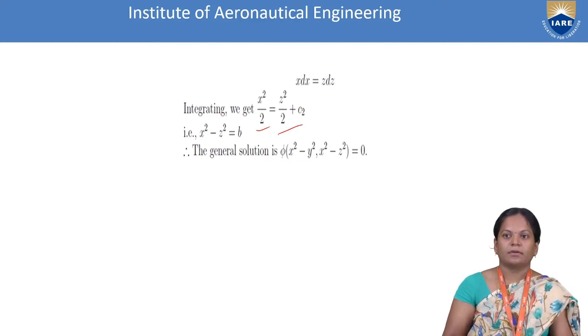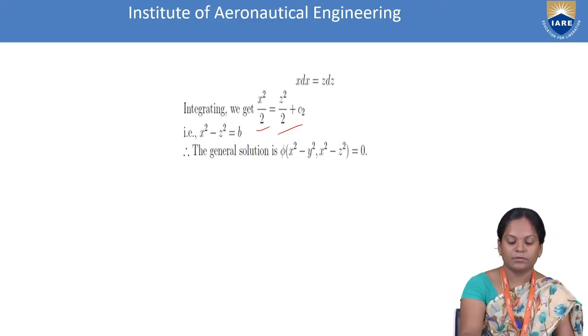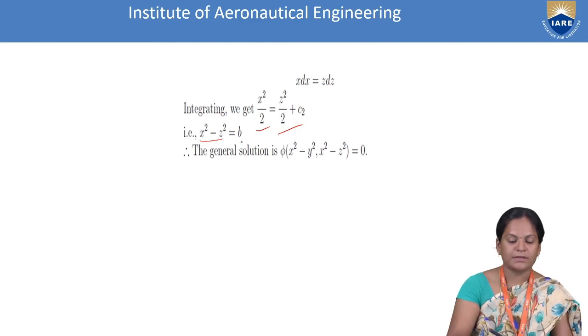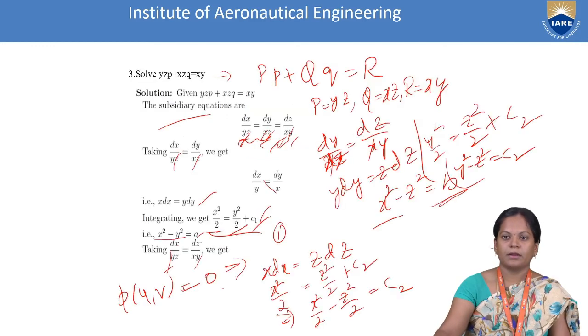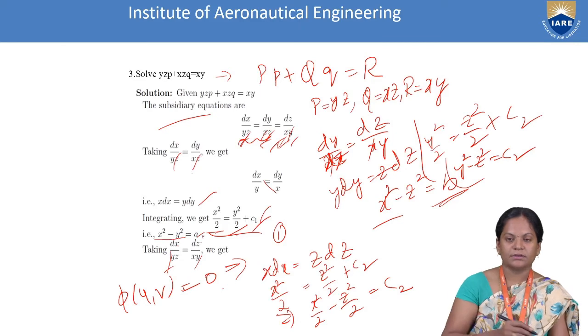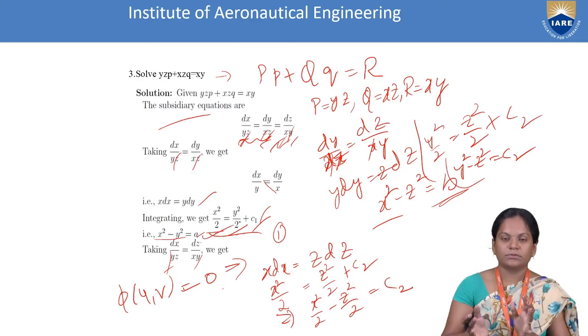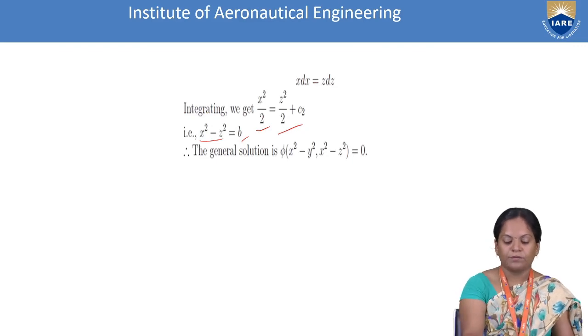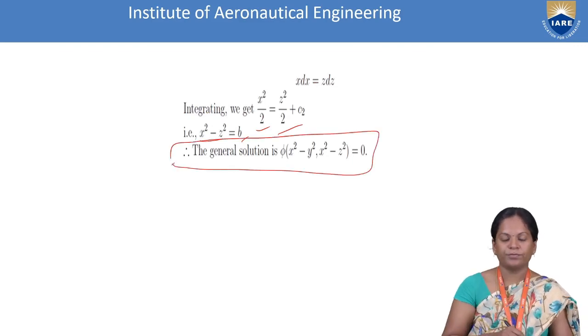So here take 2 as the common LCM. I am taking 2 into c2, which is nothing but b. We'll get x square minus z square equal to b. Now we write the general solution. What is the general solution? Independently, b is not a solution and independently, a is not a solution. Combining a and b, that is u and v, two different functions, we write in the form phi of u comma v equal to 0, which will give the general solution of the given